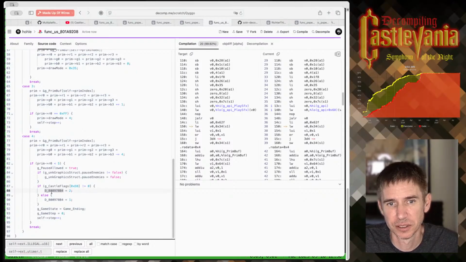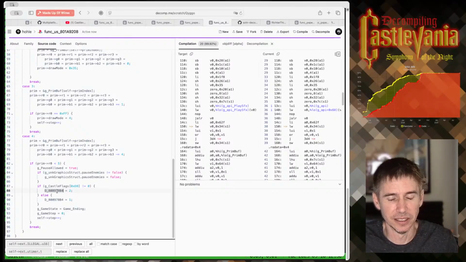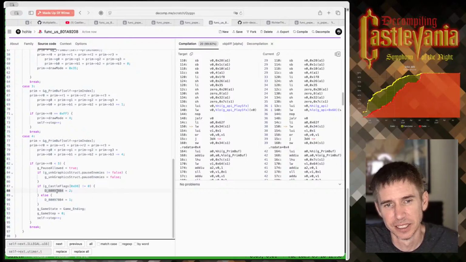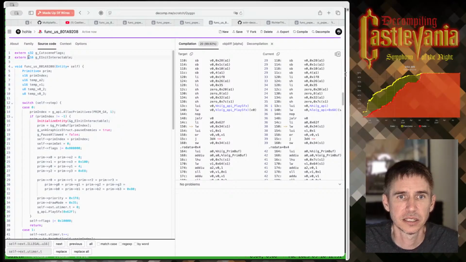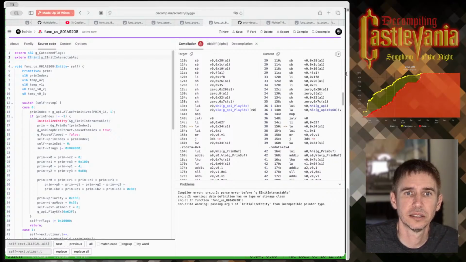Okay, I was worried that the declaration was automatic, but it's something defined in main. Cutscene and interactive.